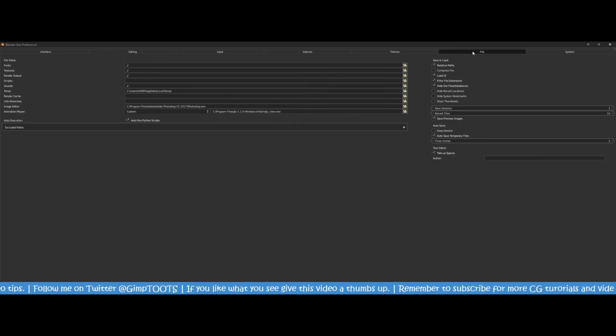Let's see, so back to file. Now I have Photoshop set up for my image editor. You can set up your render output, like if you're rendering animations and stuff, this automatically will go into that file. You can set fonts that you'd like. You go ahead and set your directory for fonts. So like if you're using the text tool, which I haven't done yet, I've been lazy. Also textures, you can set your file for textures, render output, scripts,